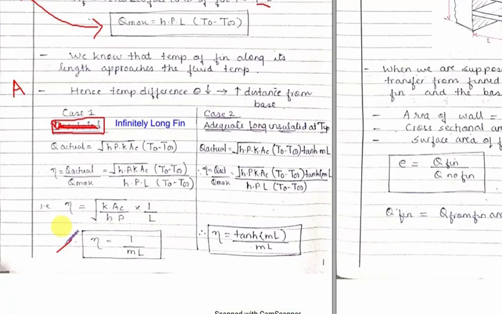For numericals you are just supposed to keep in mind whether the fin given is an infinitely long fin or whether the fin is insulated at the tip. Accordingly use the formula. So in this way we have studied today the fin effectiveness and the fin efficiency. Both these are used to check the performance of the fin. So I hope you have got a clear understanding of the concept.